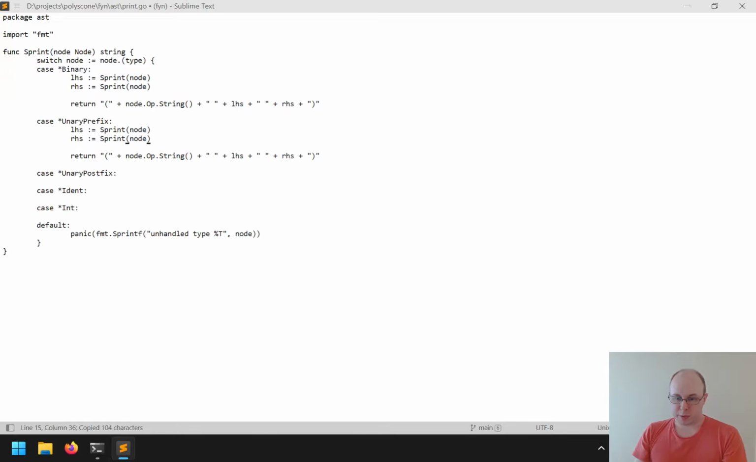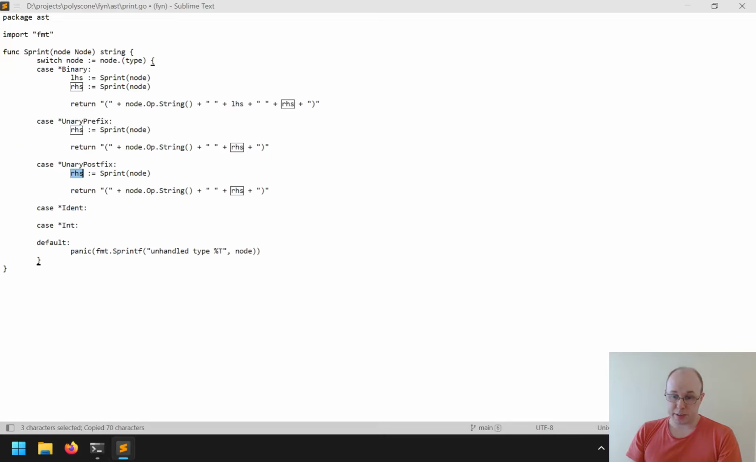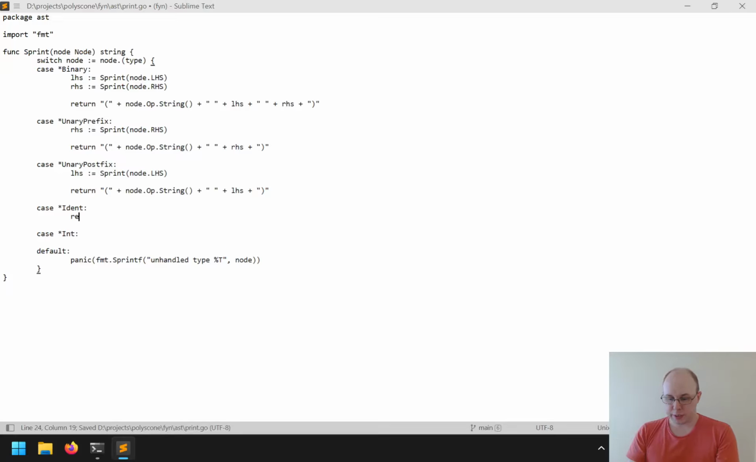Unary prefix is pretty similar, but the prefix only has an RHS, so we can get rid of the LHS. And then postfix is basically the same, except this one only has an LHS, and so actually we need to print dot LHS, dot RHS, and RHS for this one, and LHS for this one. Ident is pretty easy. We can just return the node name. And then integer,